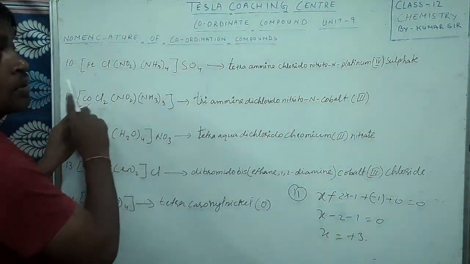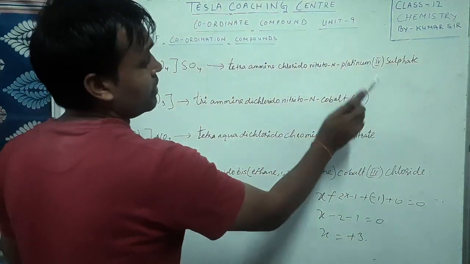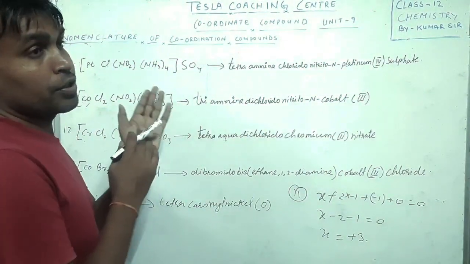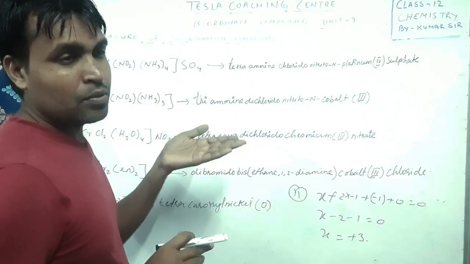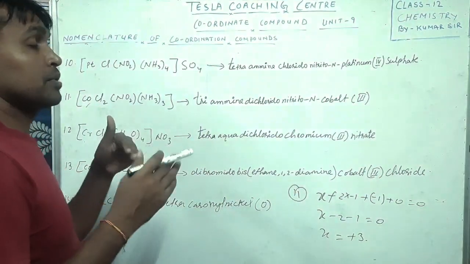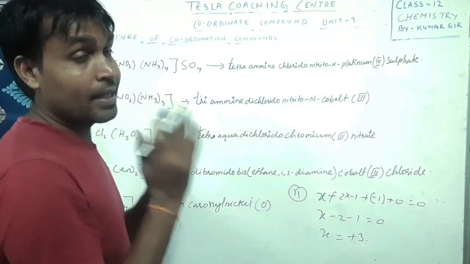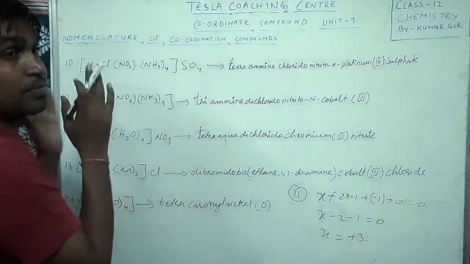What is the name here? Cobalt. So we'll write it cobalt 3. Again I am telling you students, in the previous questions, question number 3 to question number 9, we have done questions where the name was changed because the coordination entities was negative, but here coordination entities is positive because they